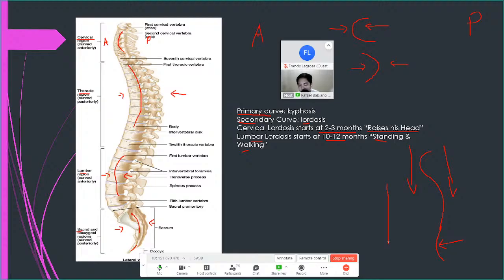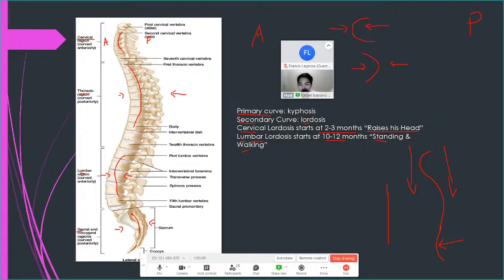You have tight muscles or maybe conditions. There can be problems with your bones, specific or serious conditions. But normally, it's just tight muscles if your posture is impaired. So that's the lumbar. And then the sacral, same, it's a primary curve. So when you're born, it's already like that. So take note of when the cervical lordosis and lumbar lordosis develop.